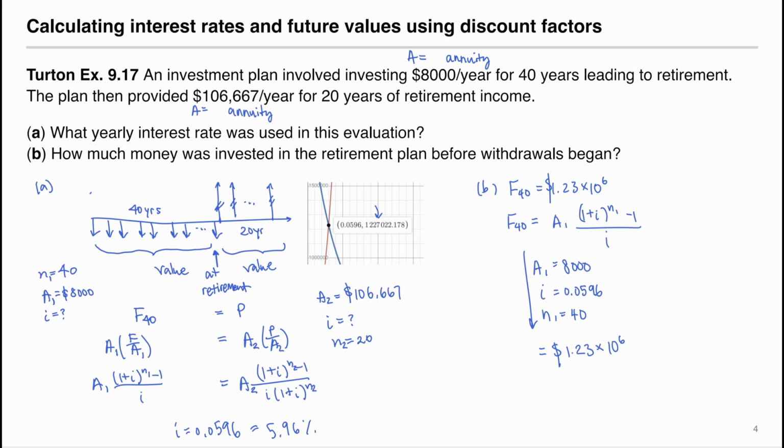In this video, we walked through 3 examples of using discount factors to calculate interest rate and future value. So we're utilizing the property of the discount factor as a conversion factor between the present, future, and